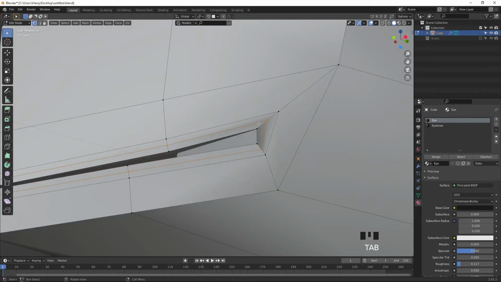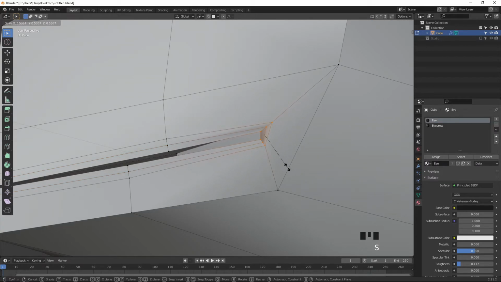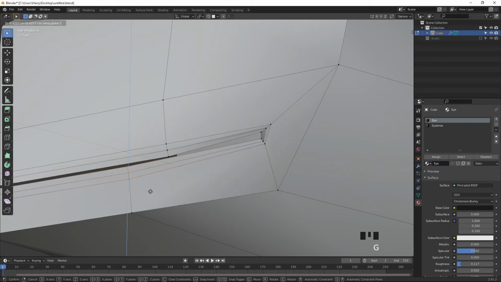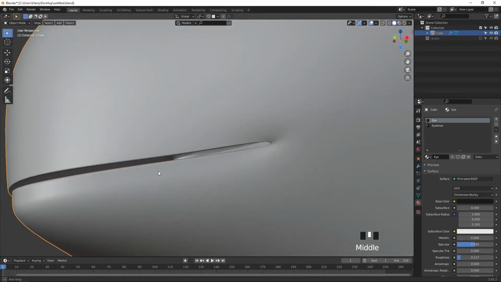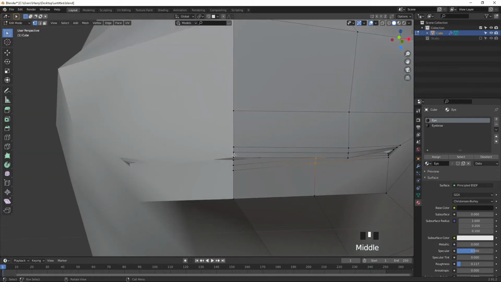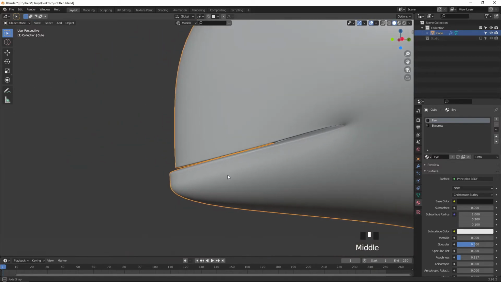Okay, we can move it a little bit closer, scale it, and go to this. Fine, this one looks okay. GZ, okay, we can move like this, because with the subdivision modifier it will turn out a little bit different, or like this. Okay, fine.